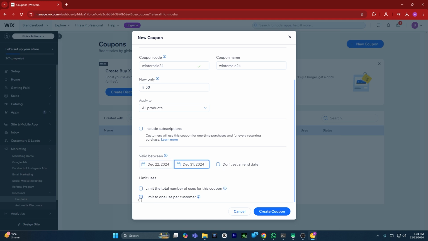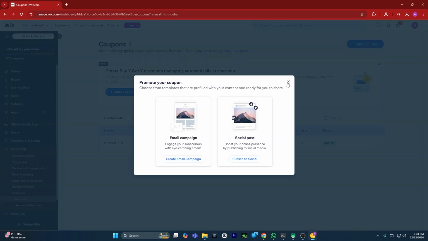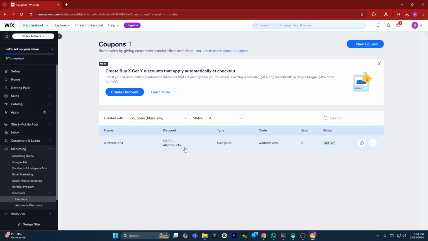So you can also limit the total number of uses for this coupon. For example, you can also apply limit to 1 use per customer and click on create coupon. Now your coupon has been successfully created, and you can give your coupon code on your Instagram stories or to your